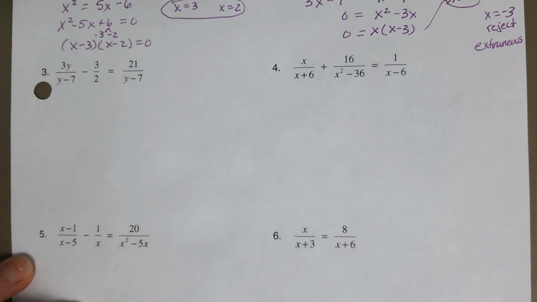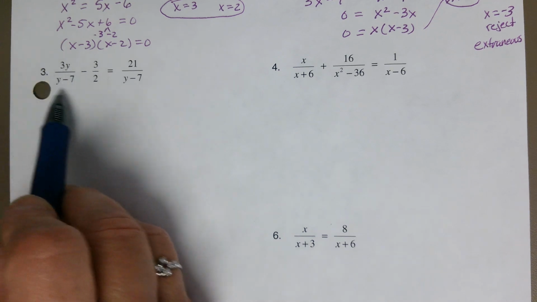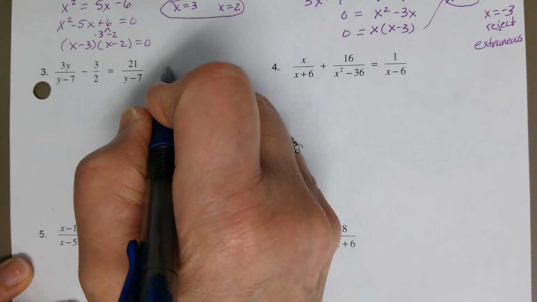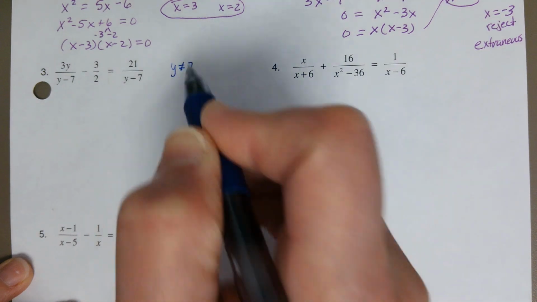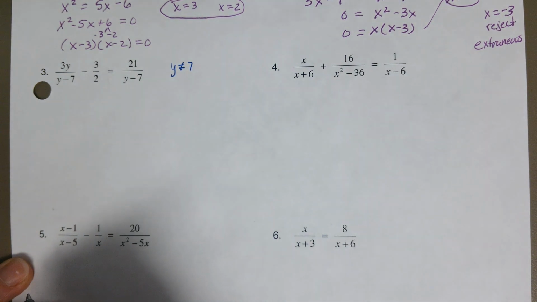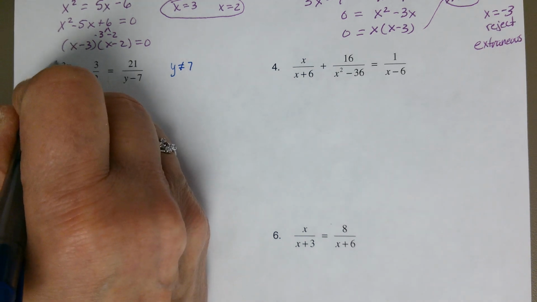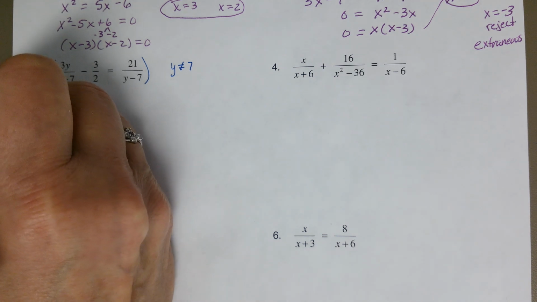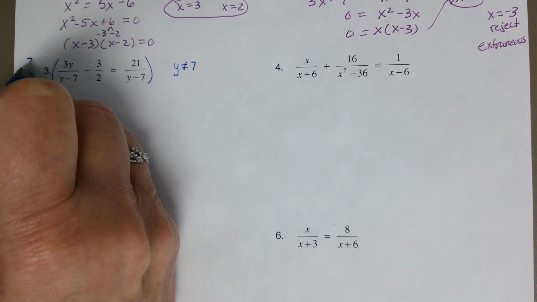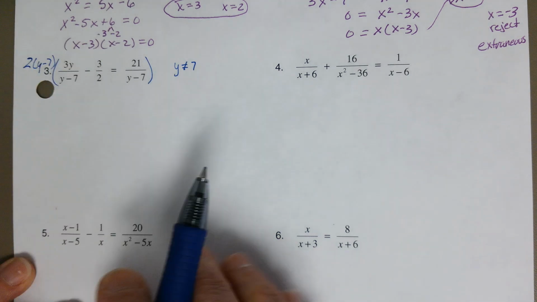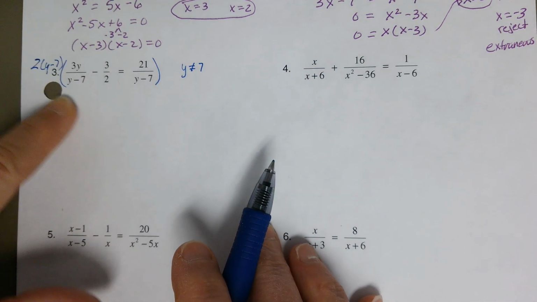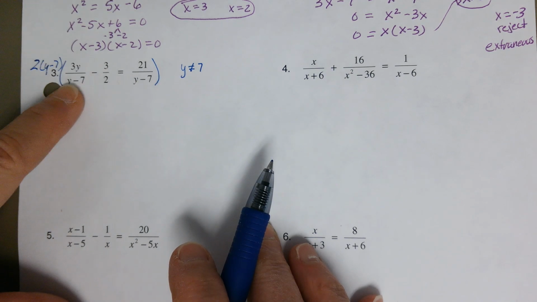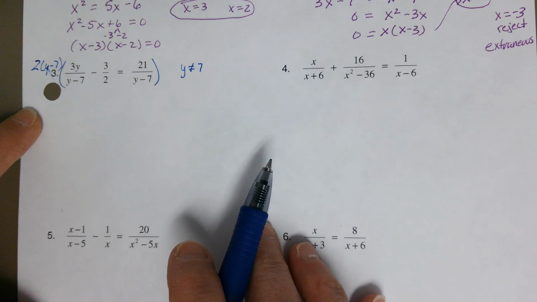Number 3. Looking at this equation, y cannot equal 7. Y cannot be 7. The least common denominator is 2 times y minus 7. So I'm going to put the 2 times y minus 7 out in front, and I'm multiplying every single fraction here by that. So 2 times y minus 7 times this fraction, the y minus 7's divide out,